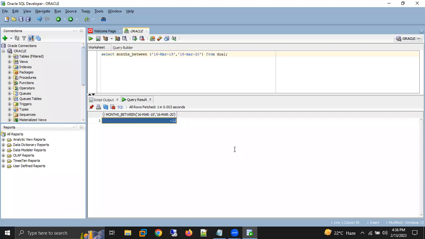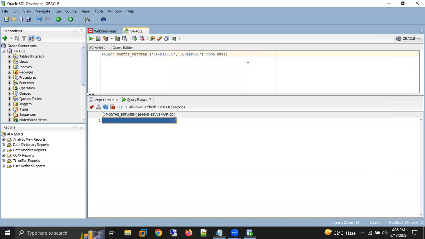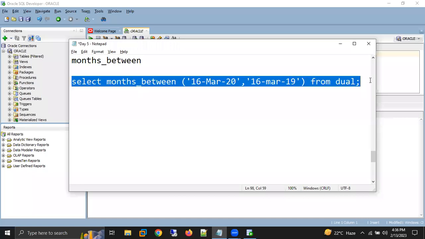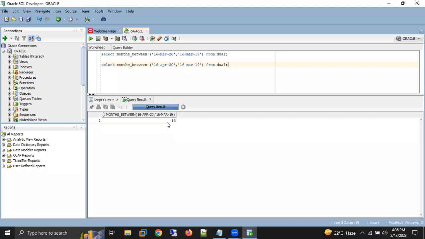Minus 12. Why am I getting minus 12? Because I have given the latest date as the previous one. So let me change. Here we are getting the result as whatever number I'm mentioning here. Dates are not numbers, but between the dates, the system is going to give the detail. Let's give a year, April. Here we are getting the result as